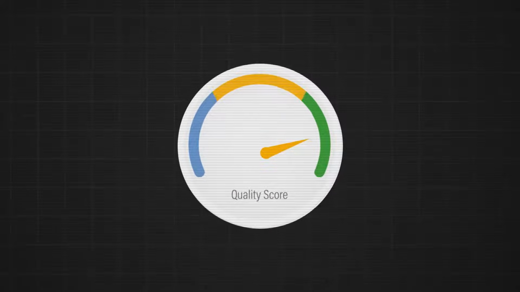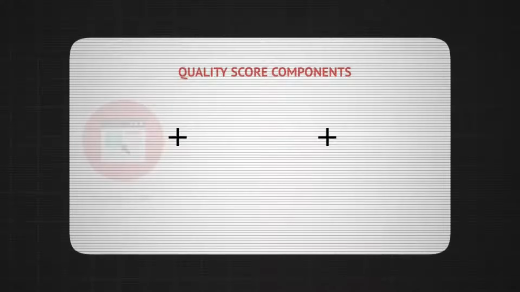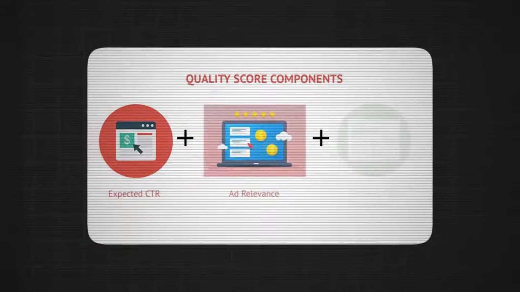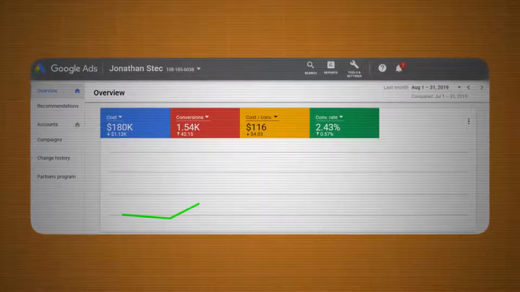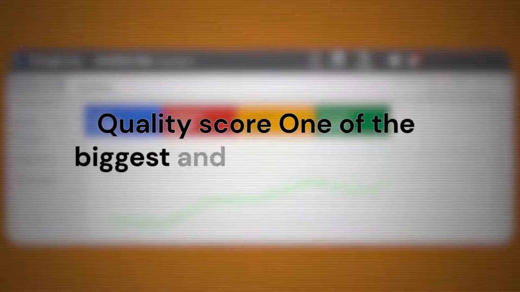Quality score is one of the biggest and most important factors inside a Google Ads account that determines the success of the account overall. This is one of the most important things inside the account that so many people just don't look at. Even in very professional accounts, I've seen people just not look at quality score whatsoever. They'll just focus on cost per conversion, which yes, is important. But when it comes to getting better results and optimizing the account, quality score is one of those main factors